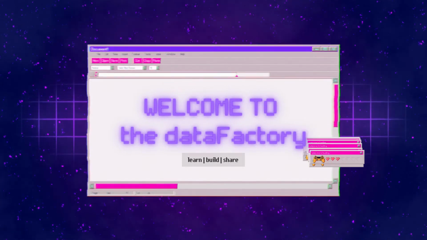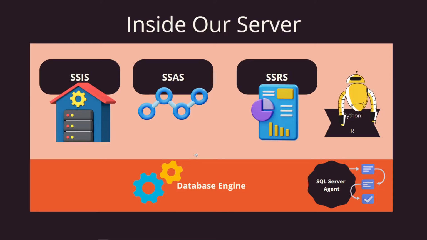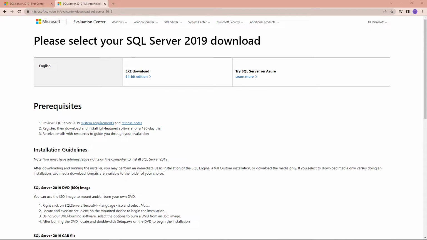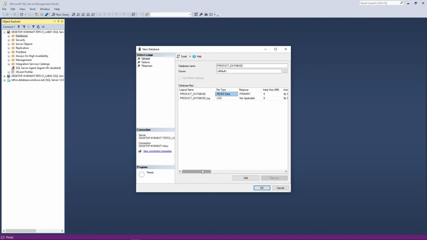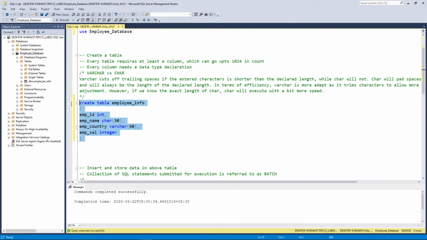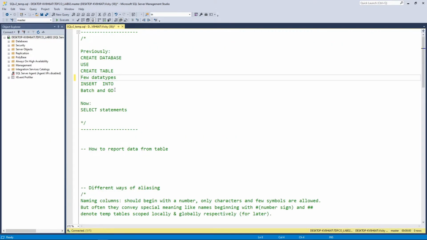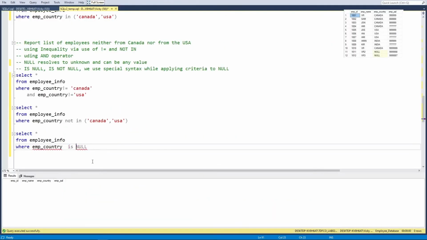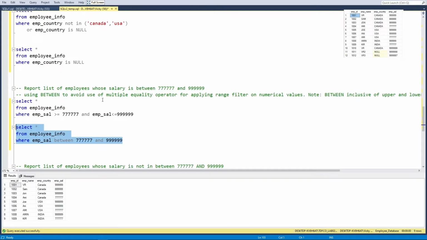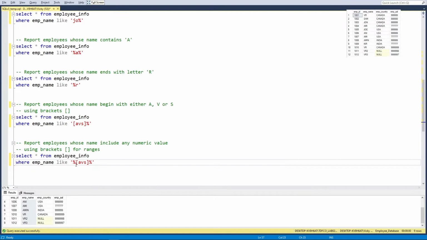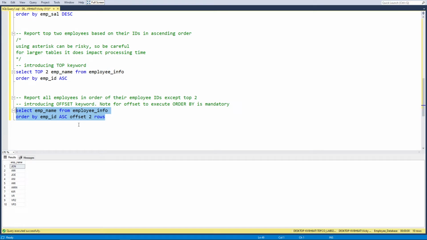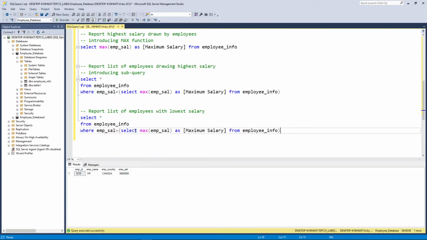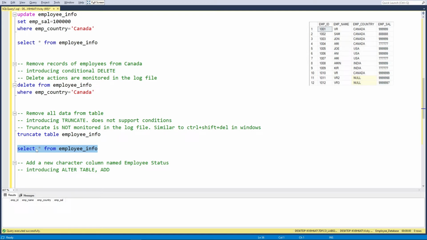Previously on the Data Factory. Let's have a look inside a typical SQL server. So with that, the installation is complete and the file type is MDF, also referred to as a primary data file. It's ready for us to reuse. That was creating a table, insert into batch and go. Is null. We use between to avoid use of multiple equality operators. Percent in the beginning and at the end. Also here, let us mention arrange. You have all the records except the top two. Reporting list of employees with lowest salary. We must be very careful while using truncate because again, just to repeat myself, it is not monitored in the log